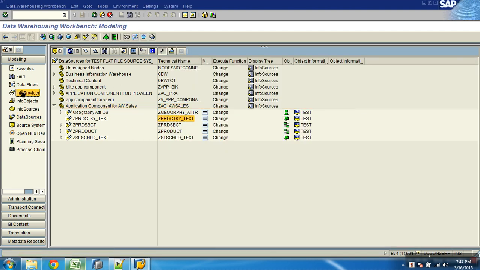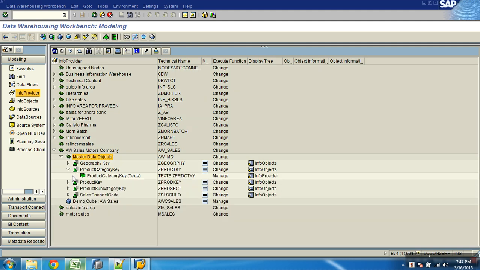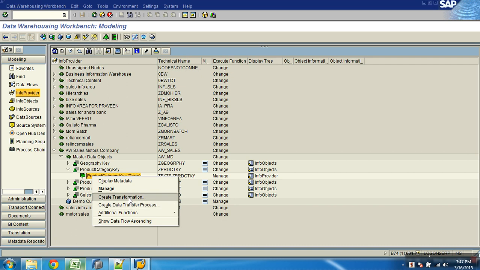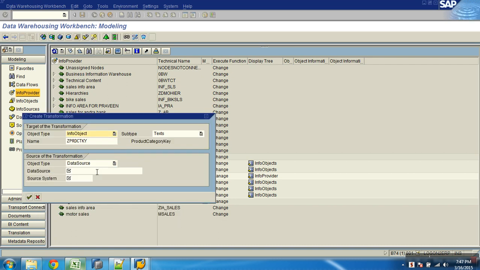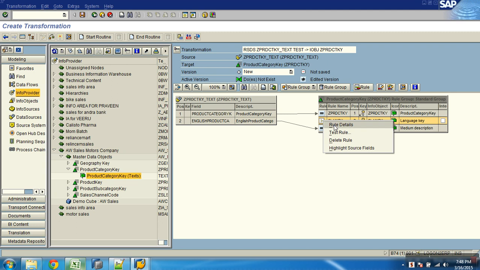What was the next step? It's product key text. Key to key, this to description, and language constant.